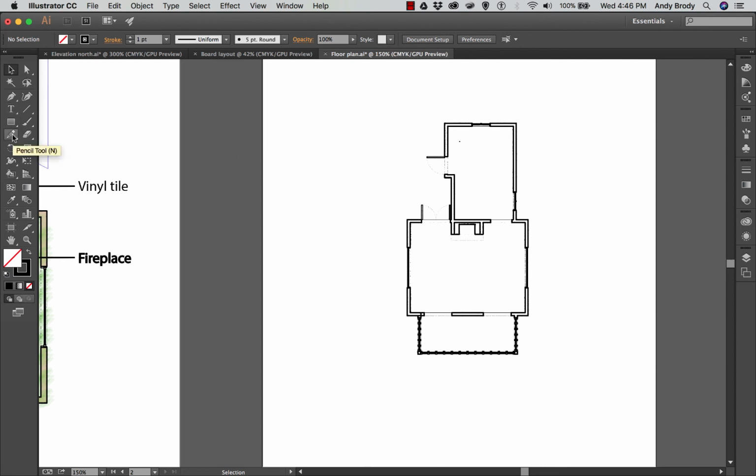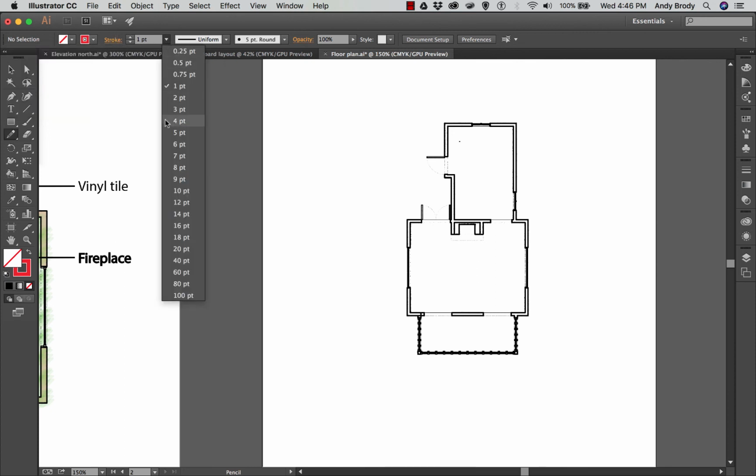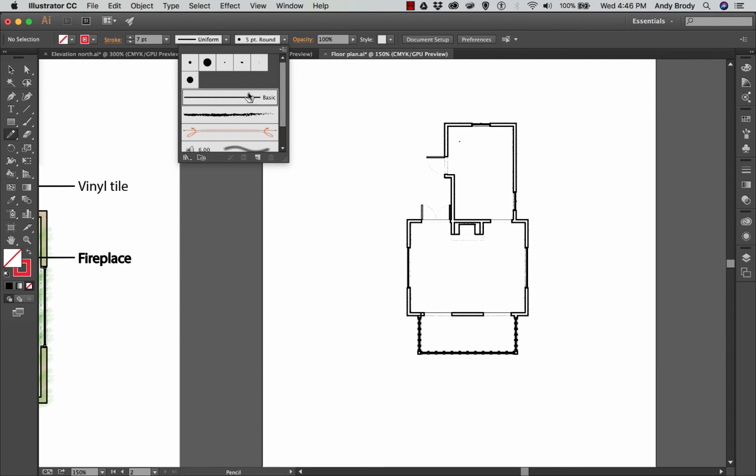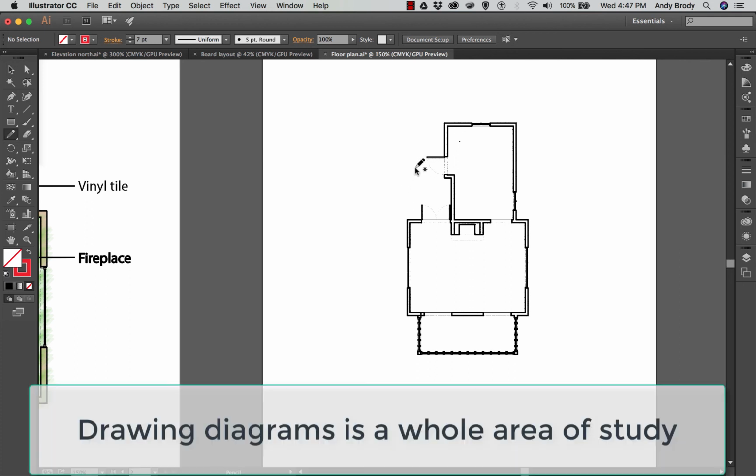This time I think I'll use the pencil tool, which I'm not sure I've used yet in these demonstrations, and give it a stroke color that is nice and bright and maybe a little bit thick. And I'll just use the regular basic brush here. Now when I draw with the pencil tool, by the way, you click and drag and it will continue drawing a nice smooth line. This is opposed to the pen tool, which wants to draw line segments or Bezier segments. And here I'll draw